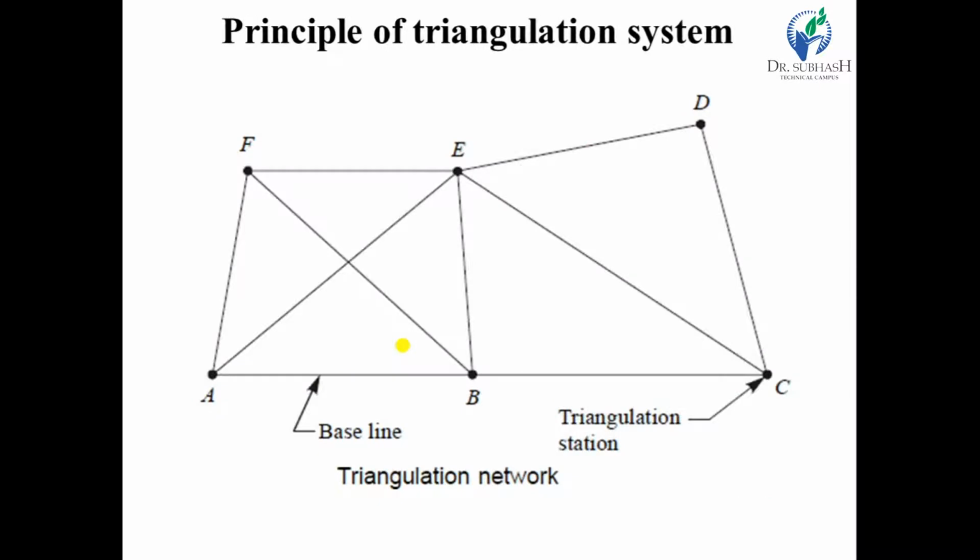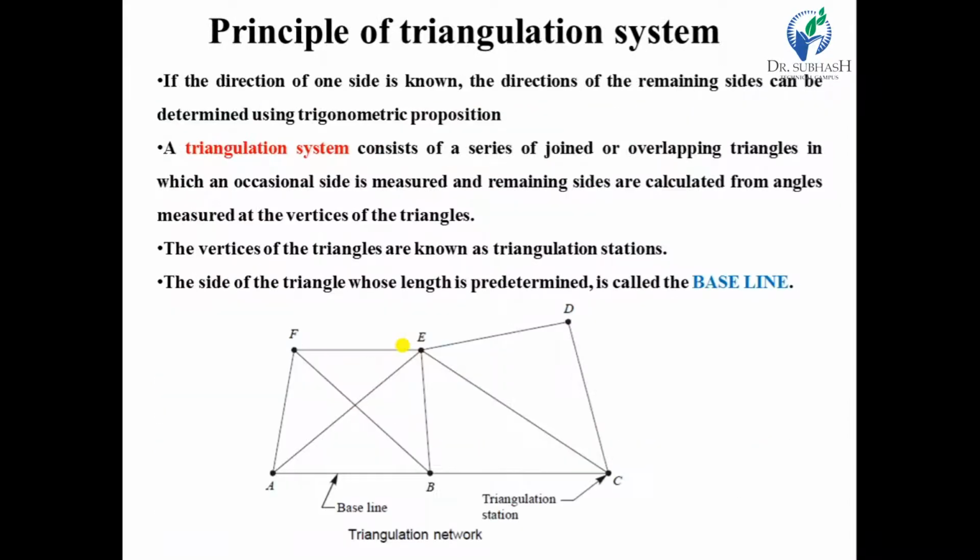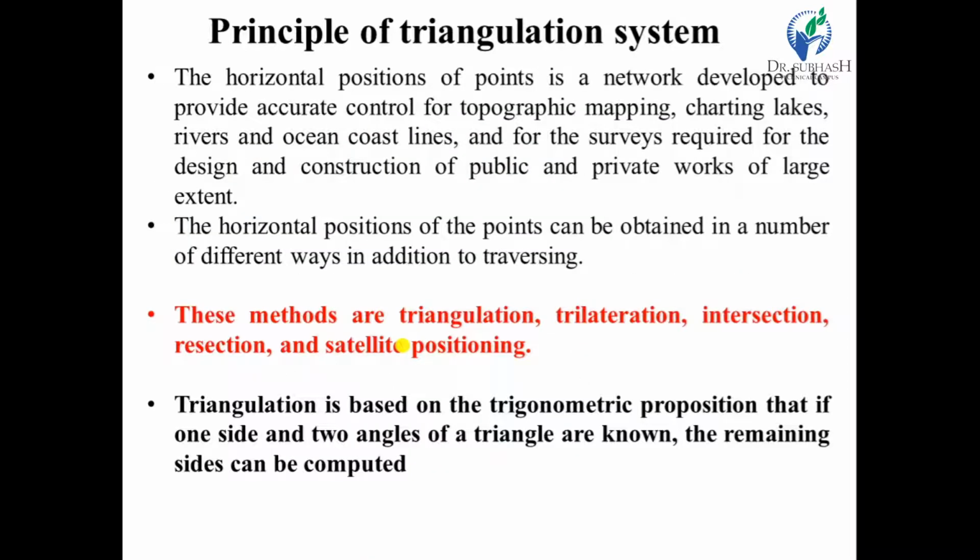The principle of the triangulation system is based on the simple triangulation that we adopt in plane surveying. In that, there is a baseline, check line, tie line, and another representation of lines joining the stations. Generally, if the direction of one side is known, we can also get the direction of the other lines with respect to that triangulation system.